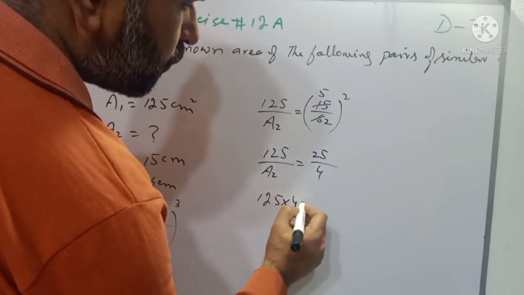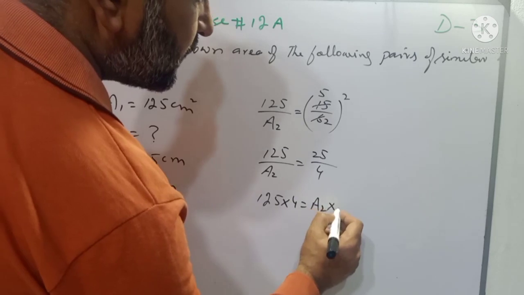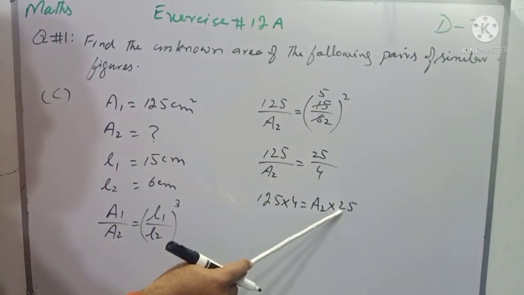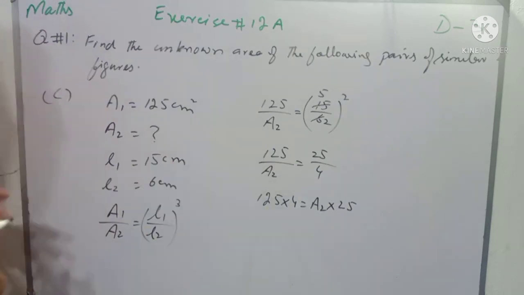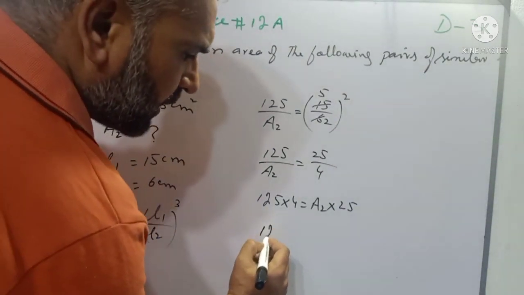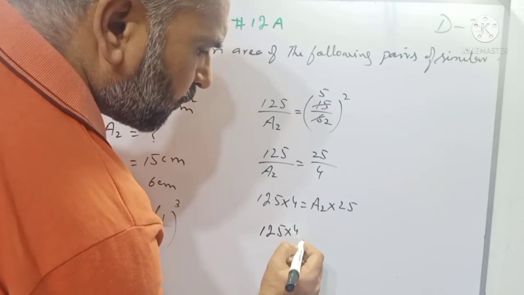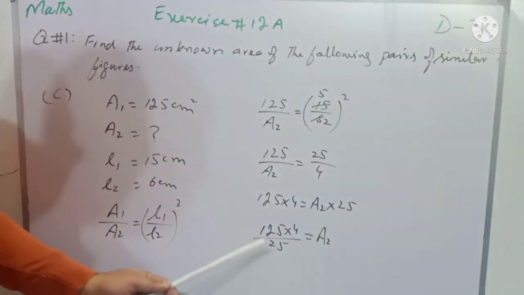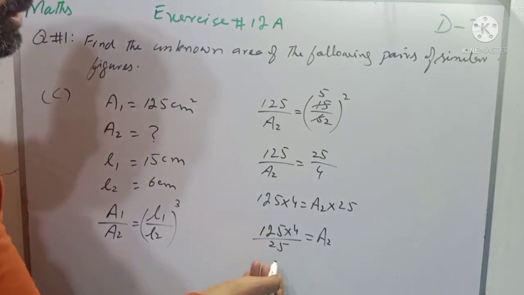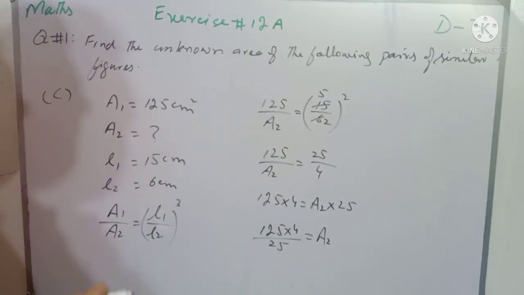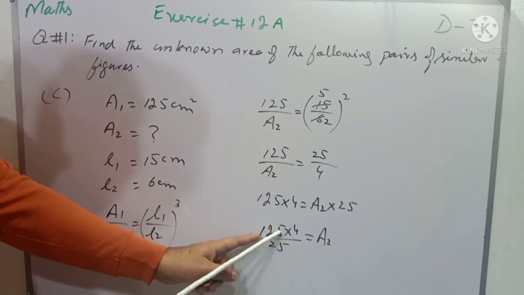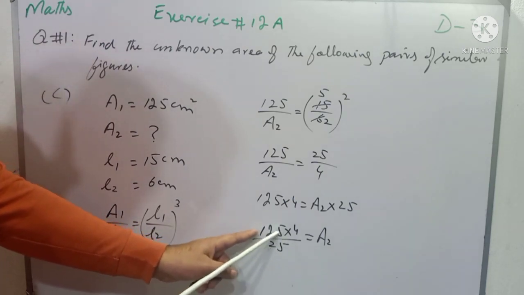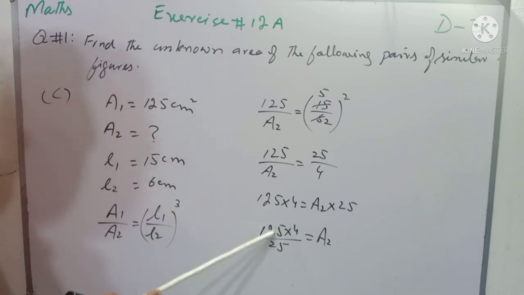तो ये आ जाएगा बच्चों 125 मल्टीप्लाई बाय 4 इज इक्वल टू A2 मल्टीप्लाई बाय 25। और बच्चों 25 राइट साइड पर मल्टीप्लाई कर रहा है, लेफ्ट साइड पर आकर ये डिवाइड करेगा। तो ये आ जाएगा 125 मल्टीप्लाई बाय 4 ओवर 25 इज इक्वल टू A2। 25 और 125 5 के टेबल से भी और 25 के टेबल से भी कैंसिल होता है, क्योंकि 25 5 जार 125 होता है।